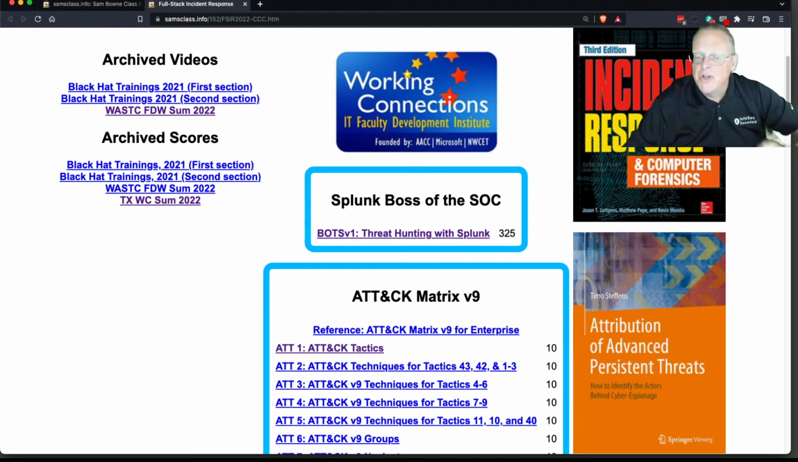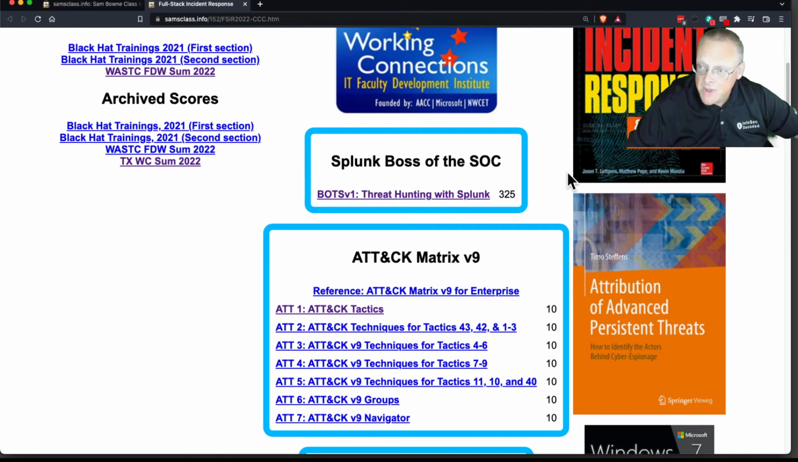I've got a couple of books related to it here that I used to get some of this information. And so we're going to cover Splunk, doing a whole training product Splunk put out several years ago called Boss of the SOC. And then the ATT&CK matrix, which is the